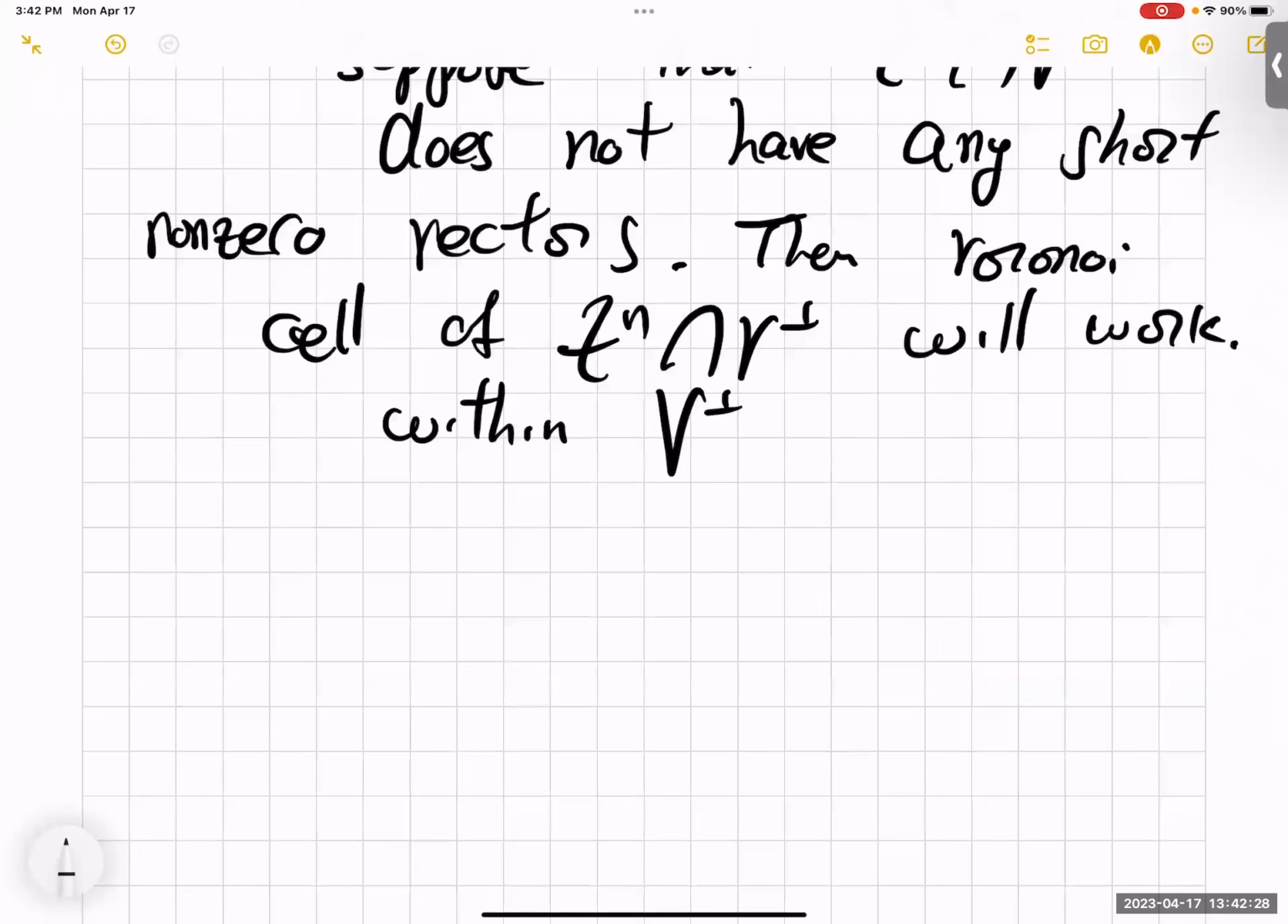Okay, but that's not every. That is this. What does it mean? That's a subspace within V perp. We want to get a tiling body over Z^n. So we want to do it by induction. So what we do is we look at the